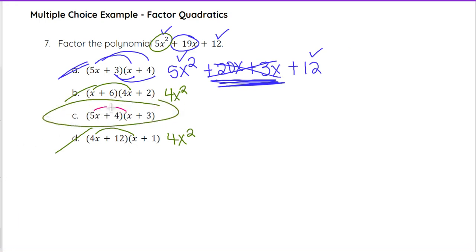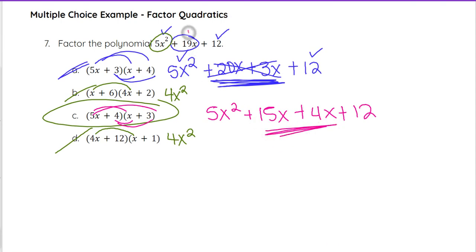You can double check it by multiplying it out. And you'll see you get 5x squared plus 15x plus 4x plus 12. And that 15x plus 4x does combine to 19x. And so C would be your correct answer on that one. So some of this you may not even need to write out. You may be able to see, oh, these multiply to the correct thing, or these don't, or I can rule this out because of this, so on and so on. So sometimes it's helpful to look at eliminating those choices on these types of problems instead of going through the